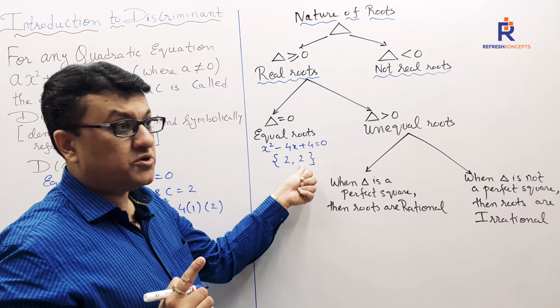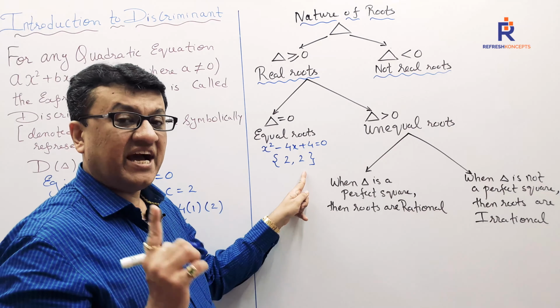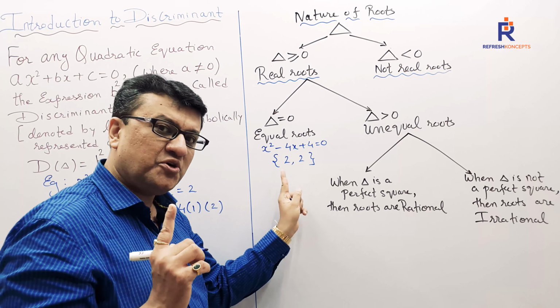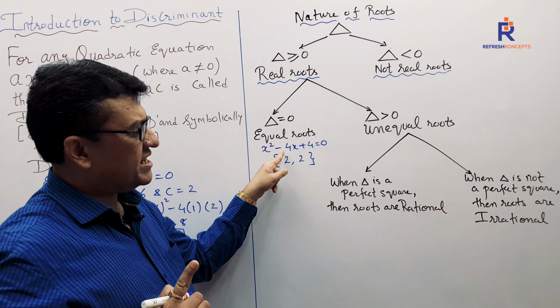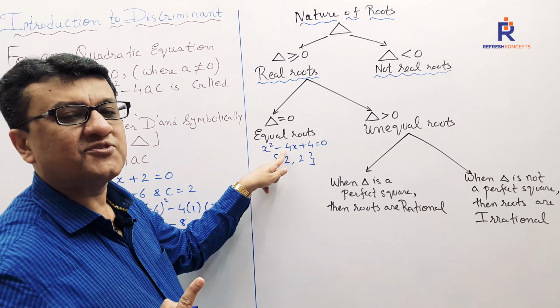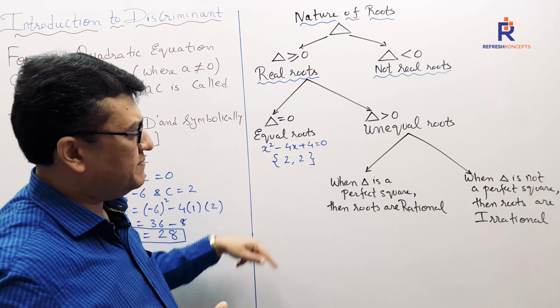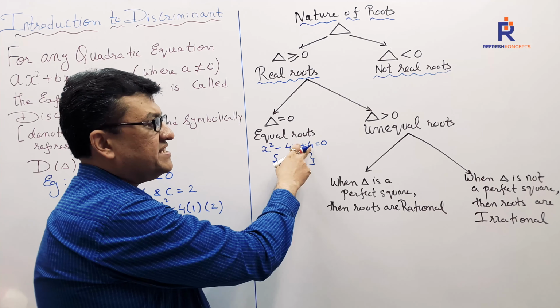So what I have written down is solution set 2, 2. Don't you think my roots are real, at the same time equal? We have both the roots real and both the roots are the same, having the same value, right? And you just try it out from your end, check it out. What is the delta of this one? The delta of this one has to be 0. If you want to check it orally, I can do it orally. What is my A? 1. What is my B? Minus 4. What is my C? 4.